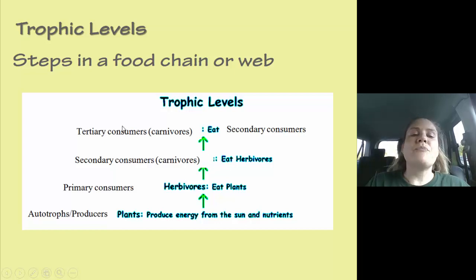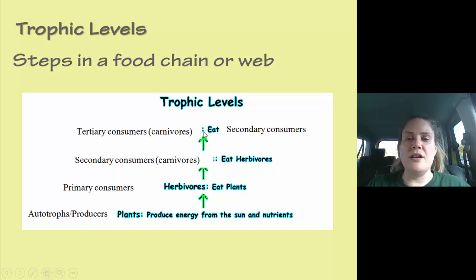eat the rabbit, okay? And then you have tertiary consumers, which are also carnivores because they're going to eat the secondary consumers, okay? So you could have the grass, and then you could have the mouse, and then you could have the fox, and then you could have the hawk, okay? Now, you could go up to a fourth one called a quaternary consumer, but the quaternary consumer, for various reasons, is not going to happen very often, and we're almost never going to go past a quaternary consumer, okay? And that has to do with the flow of energy through this.